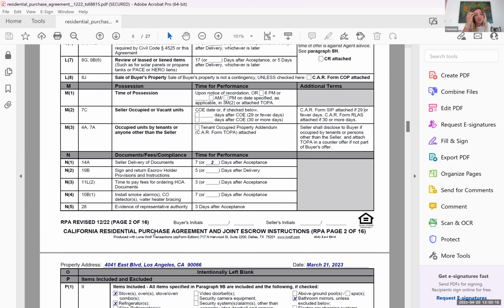using the residential purchase agreement. If it's units, it shouldn't be included on the residential purchase agreement at all, because we have a purchase agreement for a multifamily property. It's called a residential income purchase agreement, and only that contract should be used for purchasing units. All right, but you can have a tenant in a condo or a single family. Okay, and so if a property is being sold with the tenant in place,